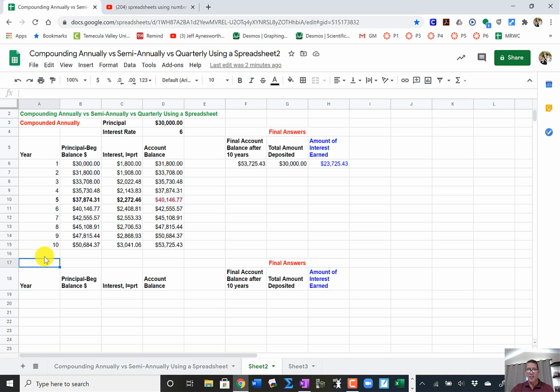Let me see. Let's title it, instead of compounding annually, let's go ahead and just go up there and copy this. Come down here and paste it in, and we'll modify it. Okay. I like saving time because I'm not the fastest typist. So you double click on it, and let's type in the word semi. Okay. Semi-annually. So what that means,